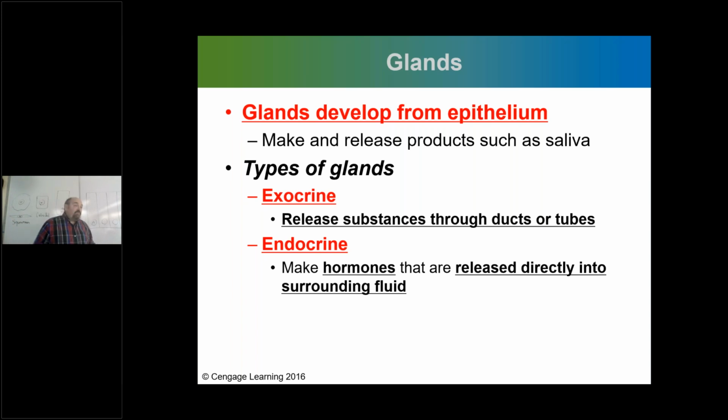They're going to travel through the body, in the cardiovascular system, in the blood, and go from one area of the body to another to cause some type of change to occur. So you'll see here the endocrine says make hormones that are released directly into the surrounding fluid, into the bloodstream, and make some type of change. So you all heard of thyroid hormone, right? Have you heard of thyroid hormone? So thyroid hormone is a major metabolic hormone.